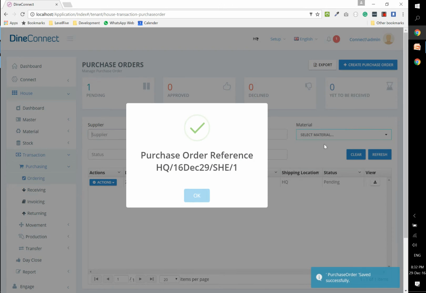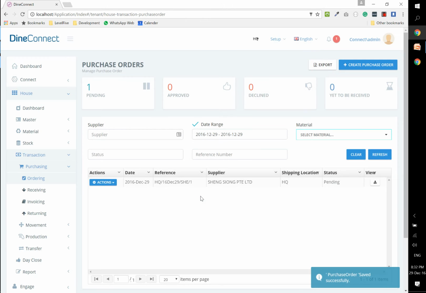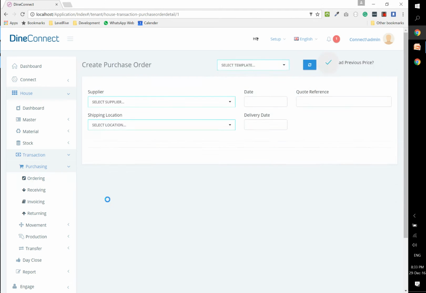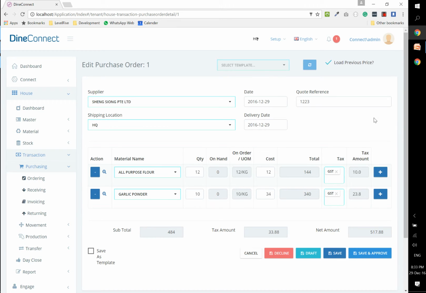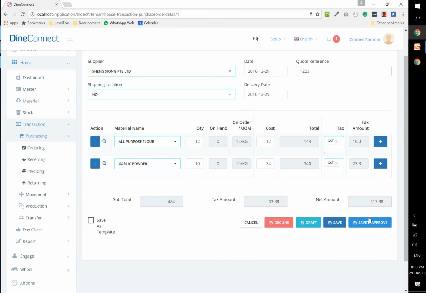So I save this purchase order. Now it's been automatically sent for approval through an email to a set of approvers. I can open it up. Since I have the ability to approve it, I'm just opening it for approval. All data will be here. The moment I click approve,